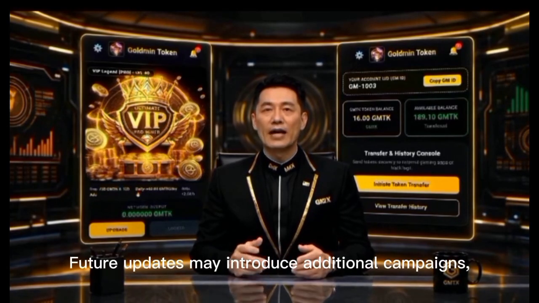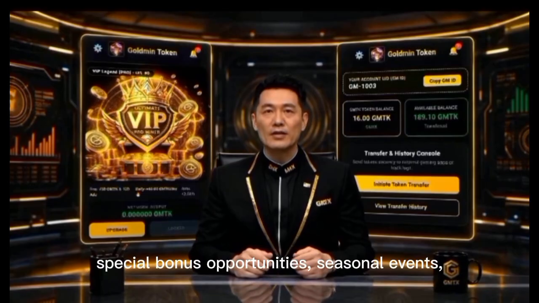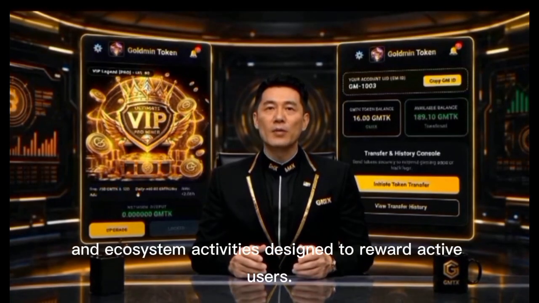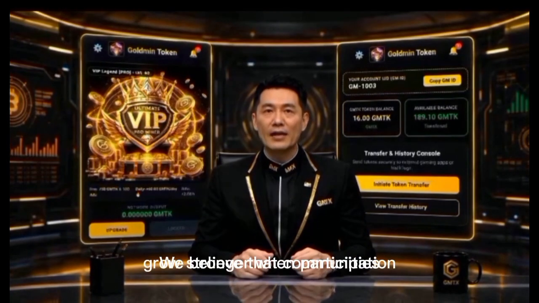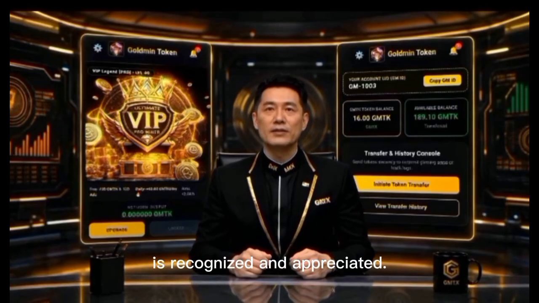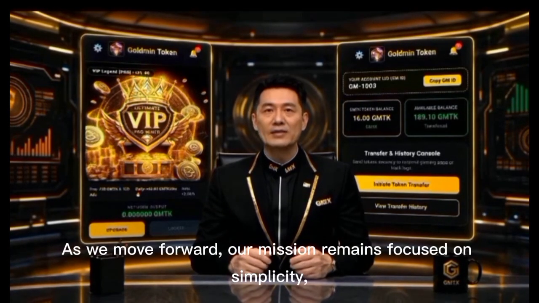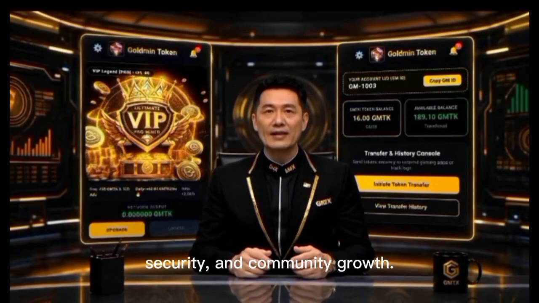Future updates may introduce additional campaigns, special bonus opportunities, seasonal events, and ecosystem activities designed to reward active users. We believe that communities grow stronger when participation is recognized and appreciated. As we move forward, our mission remains focused on simplicity, security, and community growth.